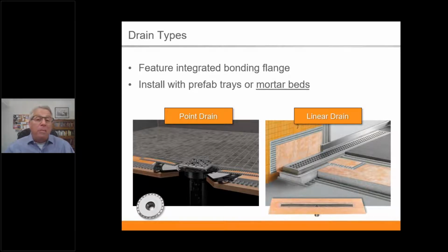The other one that's gotten very popular, because of the large format tile and the requirement to bring that same size tile right into the shower, is the linear drains. Many of them on the market, several different manufacturers have not only the drains, but the trays that are one flat plane that slopes down towards the drain, so you're not limited to what size tile you can put on these. The picture on the left, you can see we probably have, it looks like, a 1x1 tile on that drawing there. You can go up to maybe a 3 or 4 inch square tile, but after you